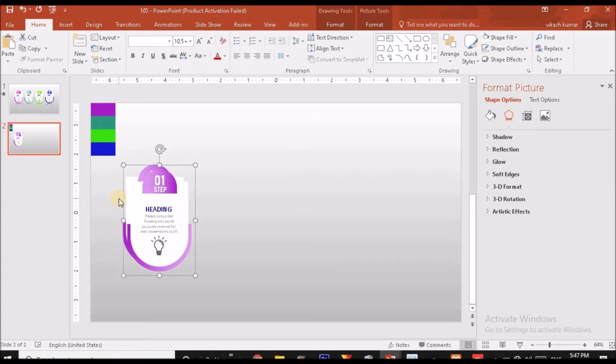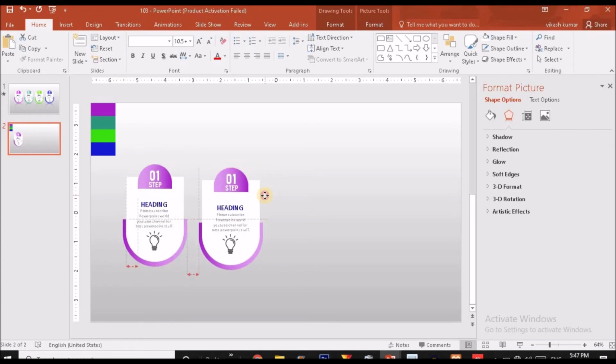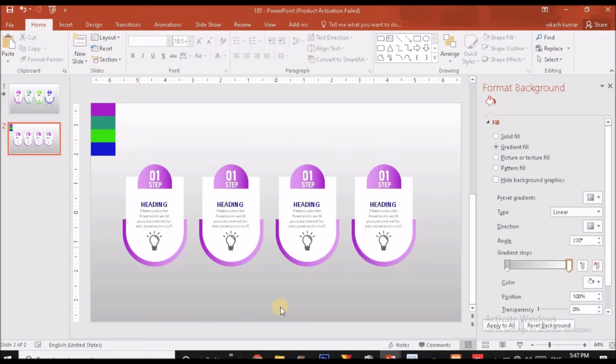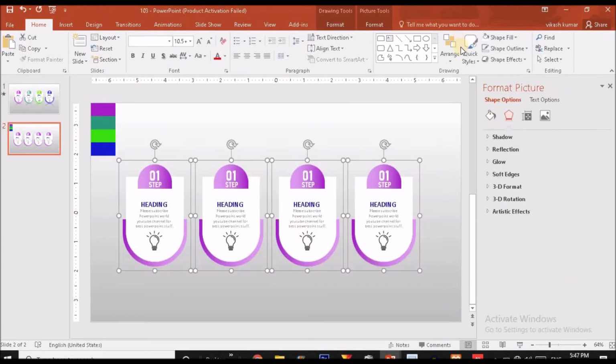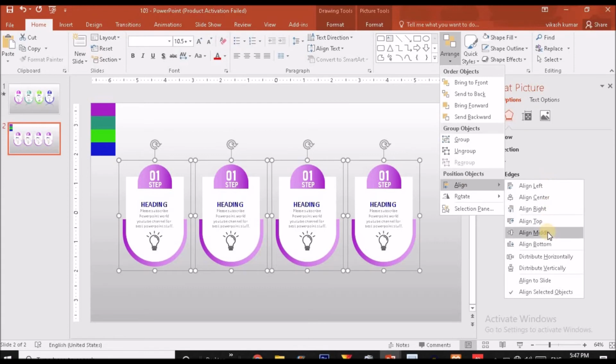Just press Ctrl D to duplicate it, place it over here, again press Ctrl D, again press Ctrl D. So these are the 4 shapes we have. Now click on arrange option, say align and align middle.